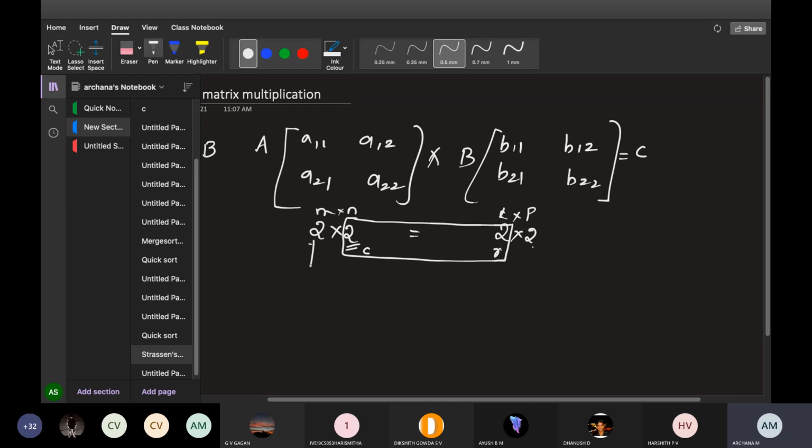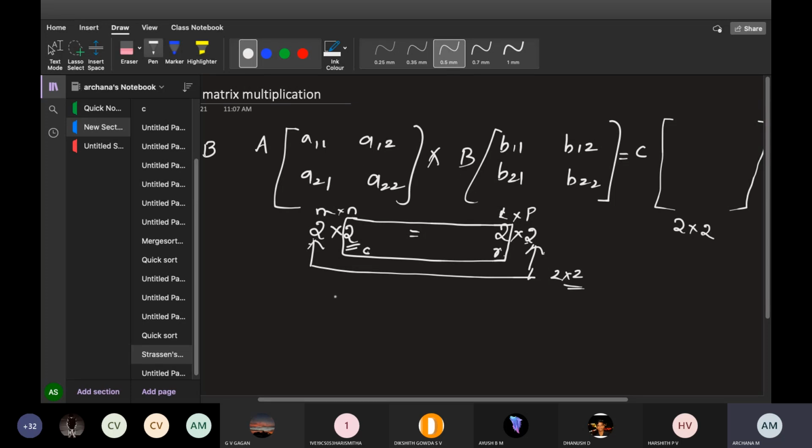And finally, the result will be the remaining two, that is, the remaining dimensions will be the resultant. For example, if you multiply these two, the resultant will be a 2 cross 2 matrix. So the resultant comes from the rows and columns. Multiplication is possible when the columns equal the rows. This is the very important thing when you consider matrix multiplication. Okay, so after multiplying, I will get a C matrix which is also a 2 cross 2 matrix, right? This is what we do with the normal mathematical formula.